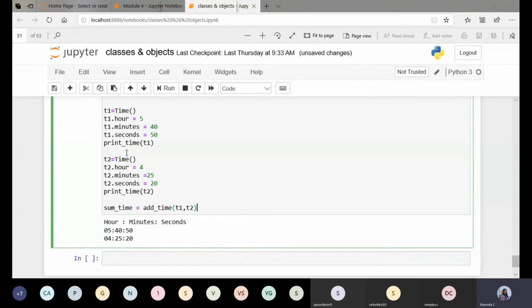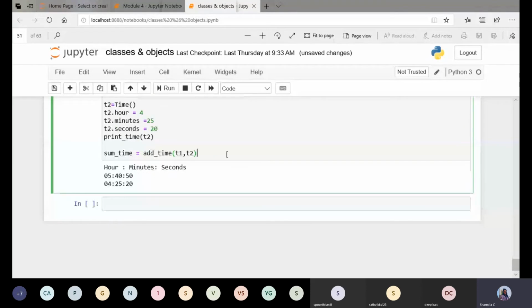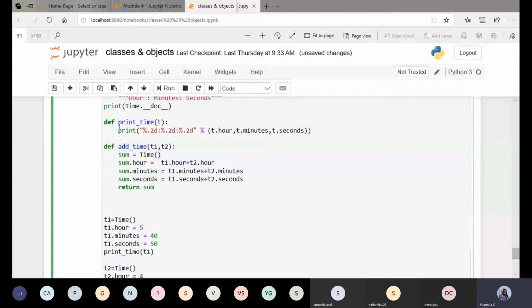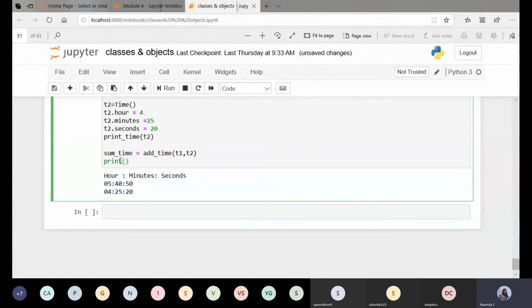Finally, after returning the object value, I need to print the time by calling print_time, passing sum_time, which is again an object. So I'm sending an object as an argument.